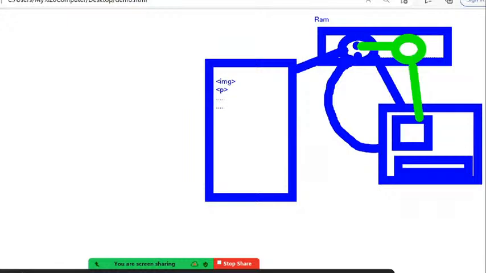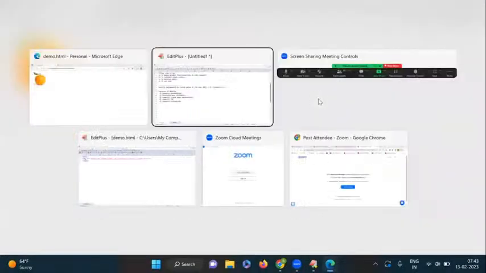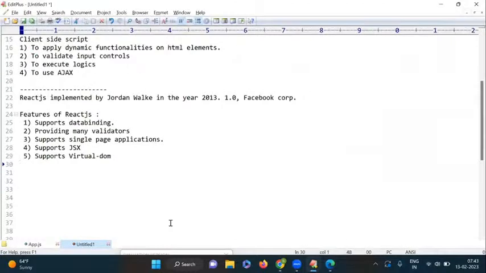So due to this reason, React is faster than other technologies at the time of updating the data. This concept is not available with other technologies. Is this clear? Yes. So that is a very, very useful concept for us. Suppose virtual DOM, how it is working completely, I will show you once again. So that is a very big advantage for us. Next one here,